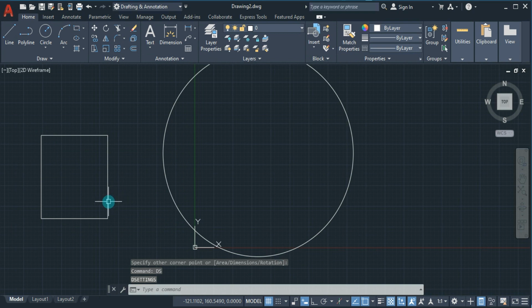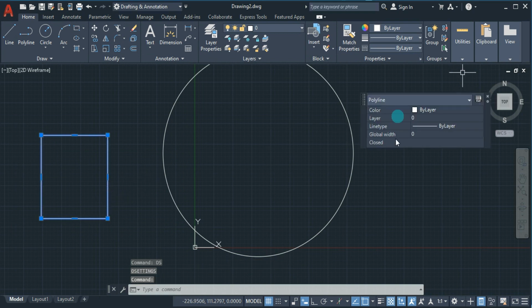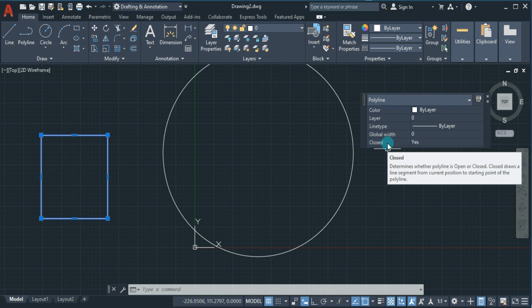So if I am clicking on rectangle, you can observe that the palette has been formed at the last position. Whatever the last position of the palette is, that will be acting as the static position for the quick properties. Control Shift P is the shortcut key for this, and if you need, you can use this option to change the properties of the object. That is only limited properties.